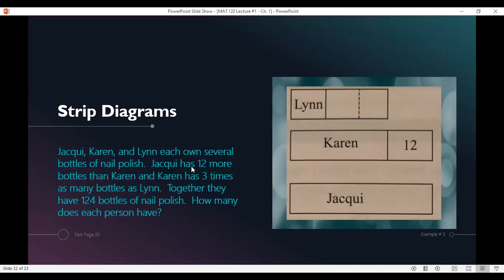Also, we're told that Jacqui has 12 more than Karen. So on top of Karen, I just put a 12 like this, extended out. Karen is only this rectangle, not this part, and now that means Jacqui is this part. So together, they all have 124 bottles of nail polish. It may become clear to you that you have to first subtract off the 12, and then divide it by 3 to get the Lynn, okay? So if it's 124 bottles of nail polish,